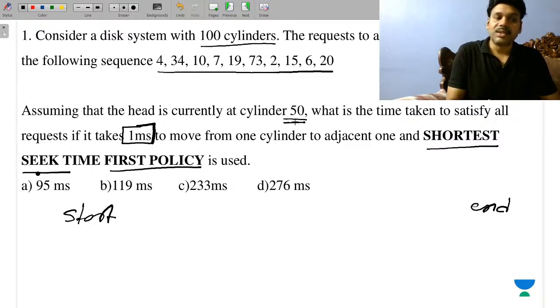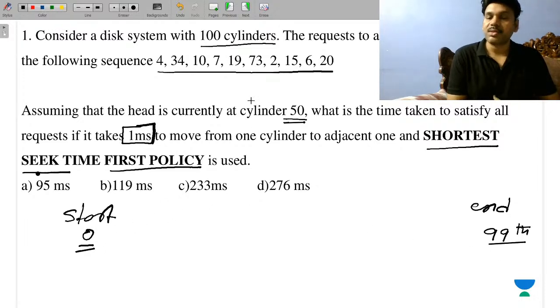Your start of the disk is given 100 cylinders. That means I can say the 0th cylinder is here and the 99th cylinder is here. So friends, observe carefully, and this I can write in ascending order. So I am writing the first one, 4, here. Then the next one in ascending order is a 6. And before that there is a 2 also